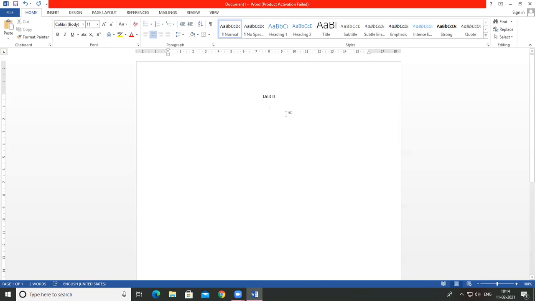Study this carefully. Okay, so the unit second, there are four chapters in this unit. Chapter one, which is graphical desktop.